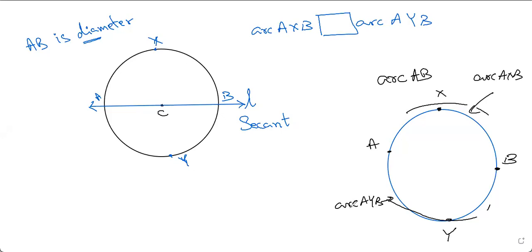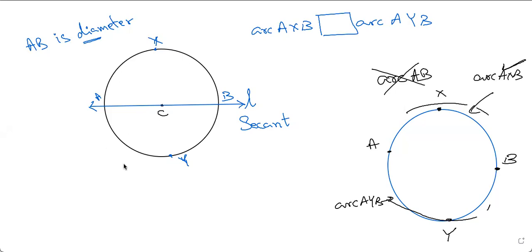So whenever we are naming the arc, we will use 3 alphabets, not 2. This is the problem if we use only 2. Be very, very careful about this. If we had not used X and Y, then maybe we could have said minor arc AB. So minor arc AB is AXB. Major arc AB would mean arc AYB. But why do that? Why confuse? Just use one more alphabet, make it 3 alphabets and name the arcs.